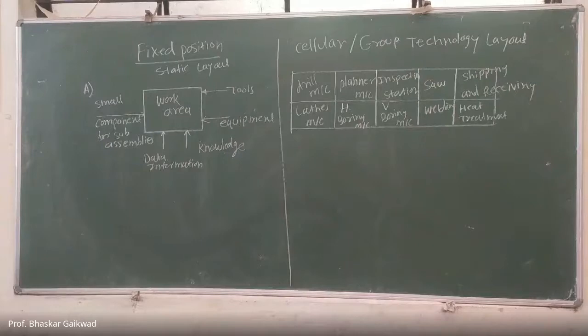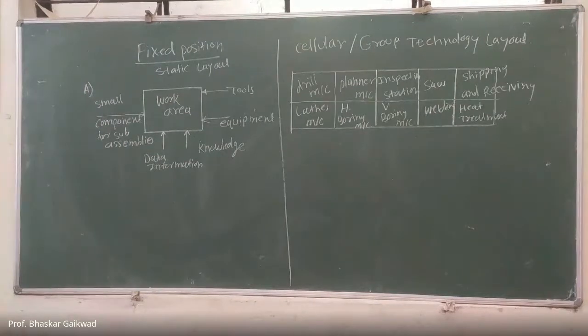Next, the layout we have seen is the process or functional layout. This is designed for non-repetitive intermediate type of production. Low volume is there, a variety of jobs are there. In this case, we can use the process or functional layout. Last time I told you to remember our workshop; this is one of the process or functional layouts, because here the job is not fixed. It may be repetitive or may not be repetitive. Depending upon the situation, jobs will change.